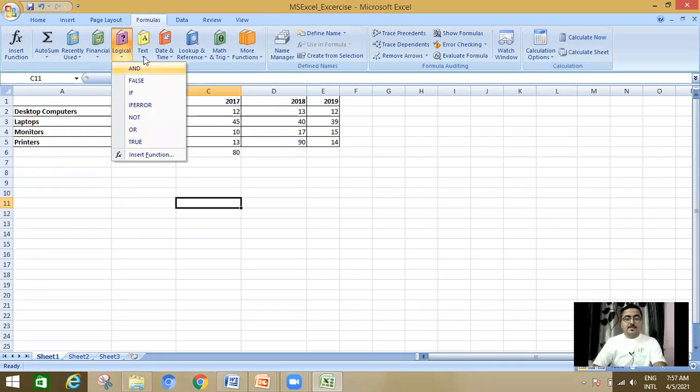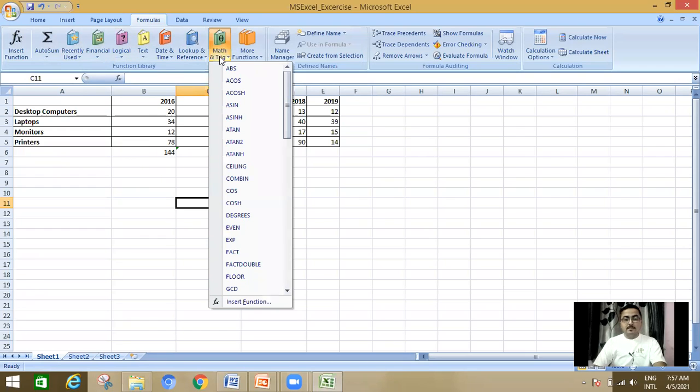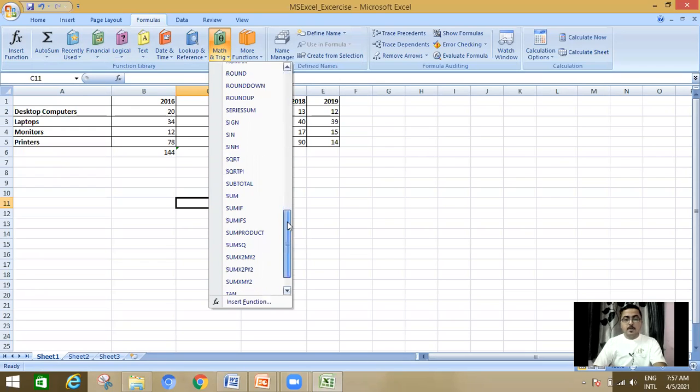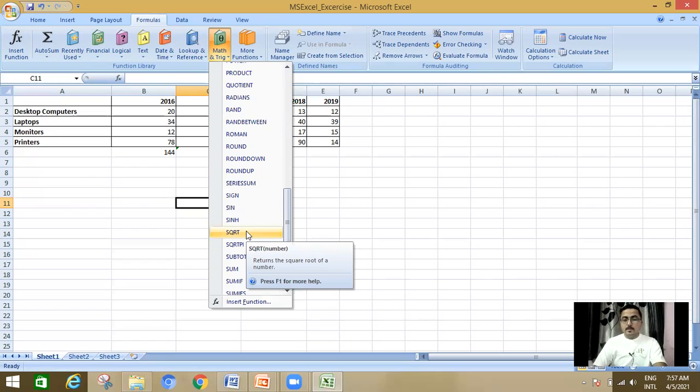Some are known as text, date and time, maths and trigonometry. Those who know about the rules, for example, how to round the value, rounding off, okay, how to calculate the square root, sqrt, and so on. There are a lot of formulas available.